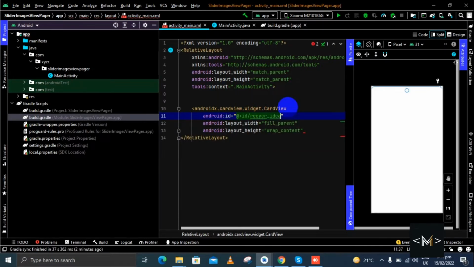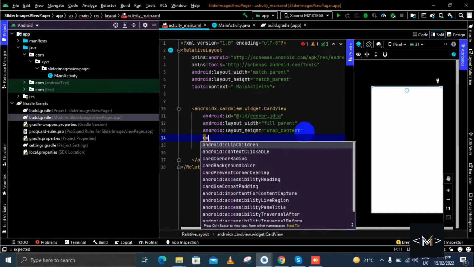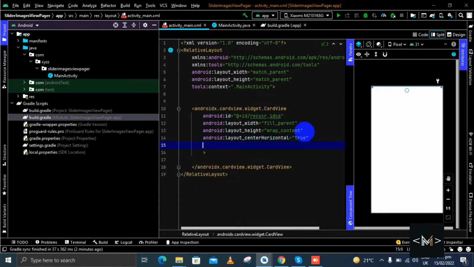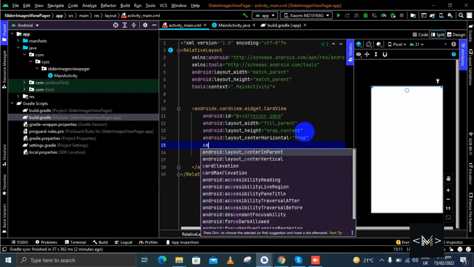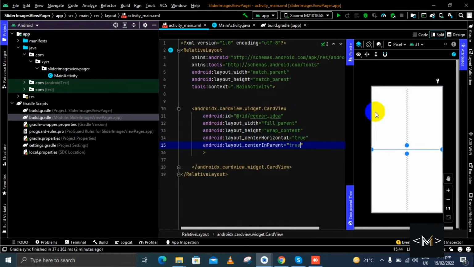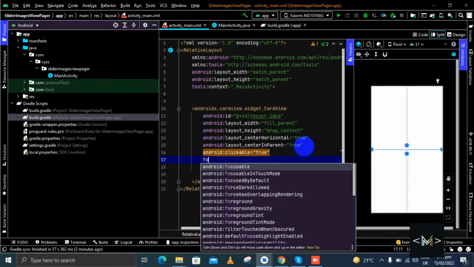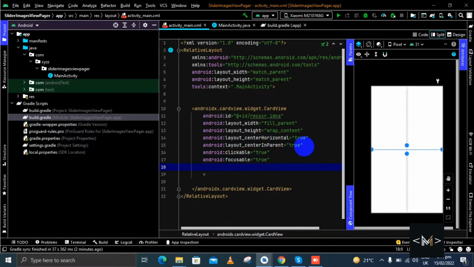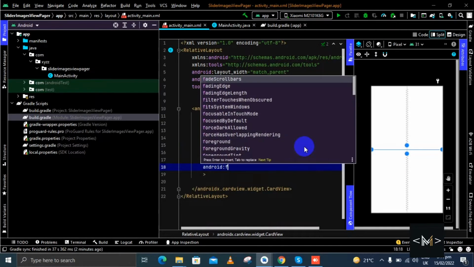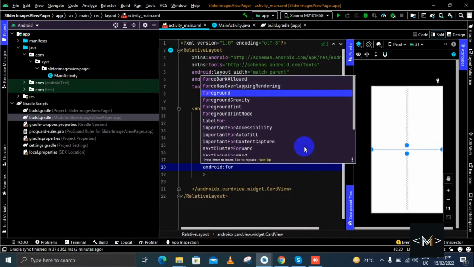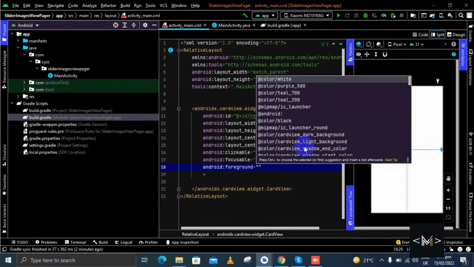Just give the ID whatever you want to give this. Okay, the next thing, also we have to place this center horizontal true, and little bit also we have to place this in center. So you can place this on bottom or center, depending on your use in the project. Also we have to provide the clickable true and focusable true. Also we have to provide the foreground, and the foreground will be